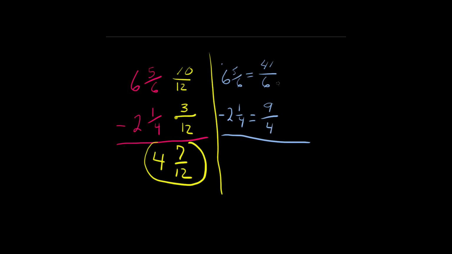Now, this may or may not be a good method, all right, because we still have to find our common denominator. So our common denominator is 12, just like it was before. So we still have the same common denominator. But now you might have to multiply a little bit bigger numbers. So 41 times 2 is a big number, 82. And then 4 times 3, 9 times 3 is 27. Okay? So our denominator is going to be a 12. Okay? And then we're going to have to subtract, remember. So 82 minus 27. And that answer would be